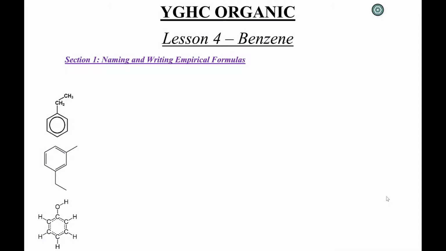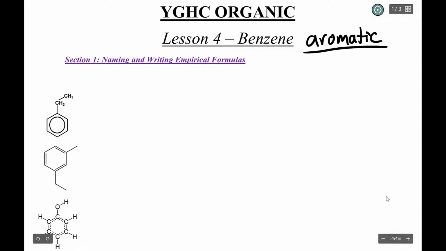In today's lesson, we are going to focus on benzene, which of course is an aromatic compound, and anything which would contain benzene would be considered aromatic. To be honest with you, benzene might be the most important chemical compound in organic chemistry. It is used in pretty much all pharmaceuticals, as well as many other things. It is a fundamental building block for most